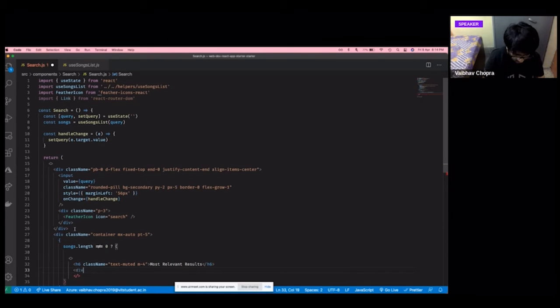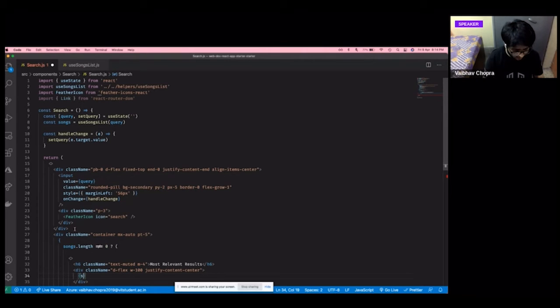So I'll go to a div, class name d-flex, basically again a flexbox, 100% width, w-100, very easy. Justify content center, right? I want all the elements to appear in the center.